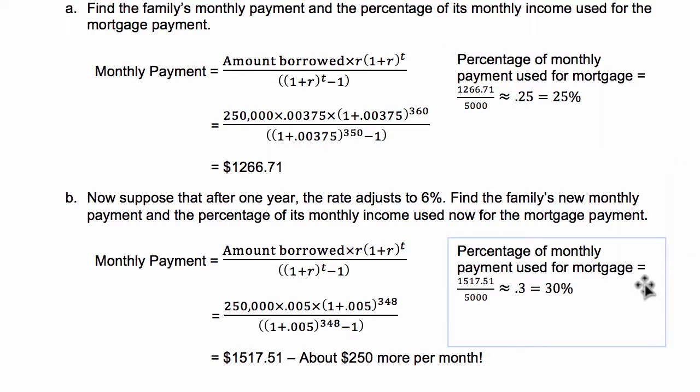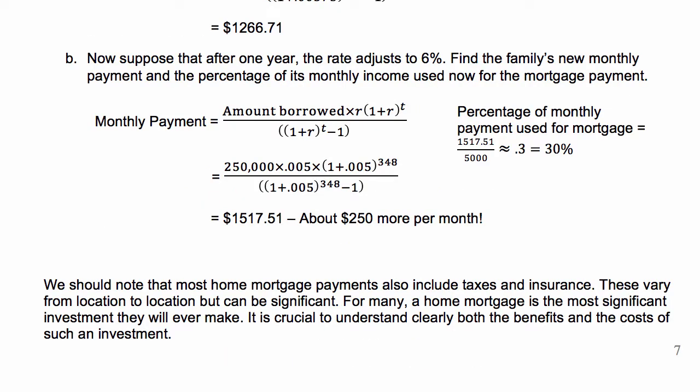This type of interest rate adjustment is what led to many foreclosures during the 2008 financial crisis. We should note that most home mortgage payments also include taxes and insurance. These vary from location to location, but can be significant. For many, a home mortgage is the most significant investment they will ever make. It is crucial to understand clearly both the benefits and the costs of such an investment. In summary,